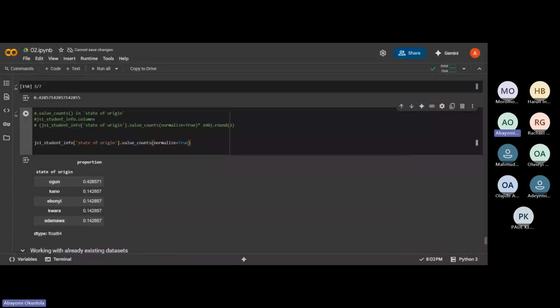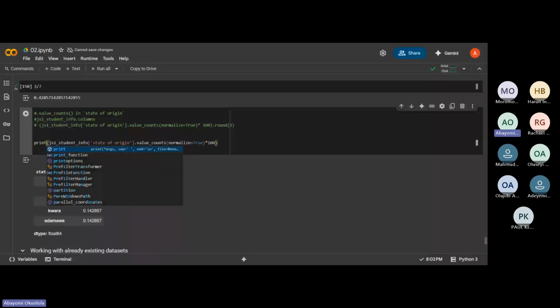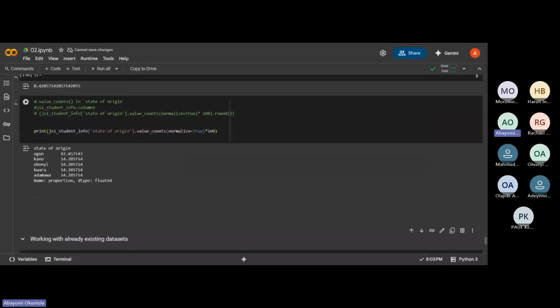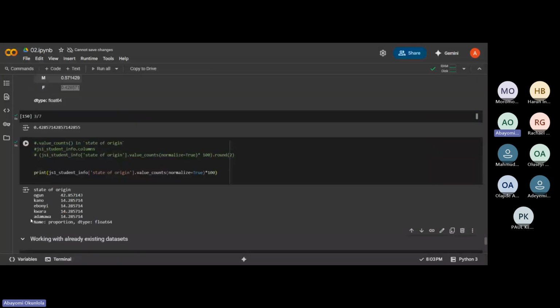So let me add the next one now. I want to multiply by 100. So let me use the print now. Then let's run it. So now you can see 100 has been multiplied to it. Let me just bring it up so we can see the progression we are making.